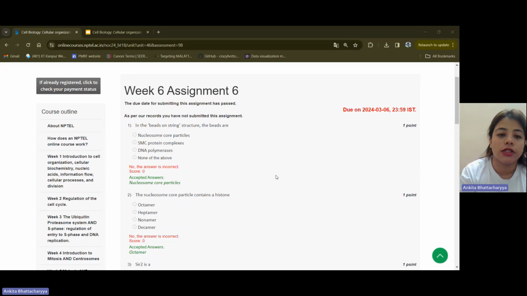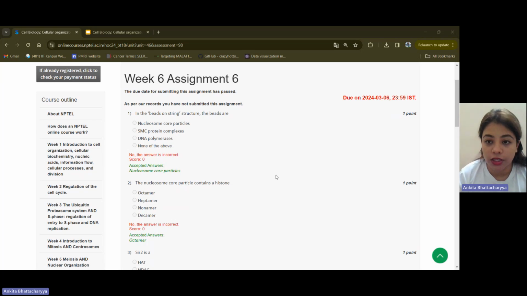So the first question is about the beads on string structure. When we refer to that, what do the beads exactly mean? The beads are either A, nucleosome core particles, B, SMC protein complexes, C, DNA polymerases, or none of the above. So if you remember, this was the first level of organization that occurs with respect to the chromatin, where